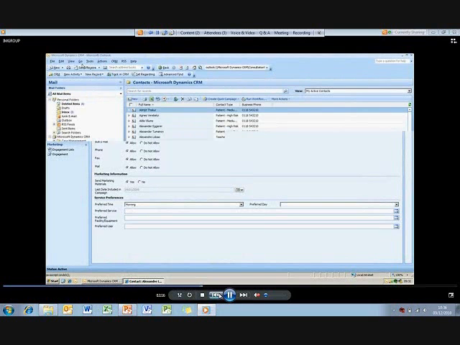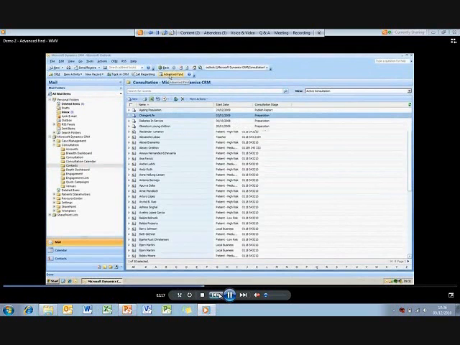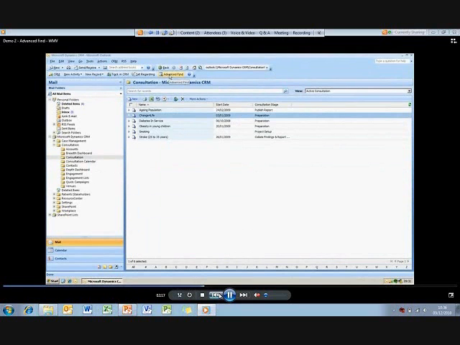So we need to identify a set of contacts to invite to attend our event for our Change for Life initiative. In this instance, we want to target our teachers who have an interest in healthy eating. So we're going to use the Advanced Find tool, which is a search facility which lets us search for any